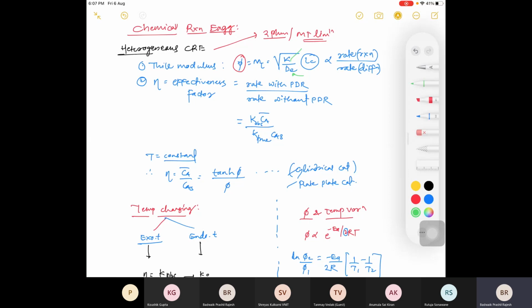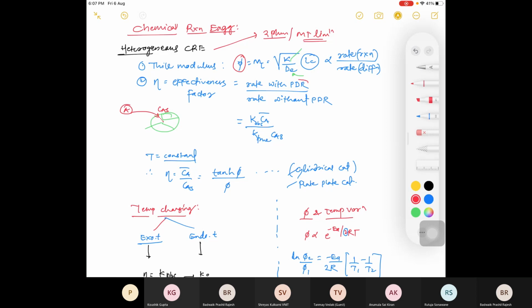Then after that, I told you whenever there is mass transfer involved and we are using a catalyst, there is a diffusion process involved. Suppose this is a catalyst, and it has pores. Here A is a reactant, and it will diffuse into this catalyst. What happens here: at the surface there is the surface concentration, and as I move inside, there will be a decrease in the concentration of reactant.